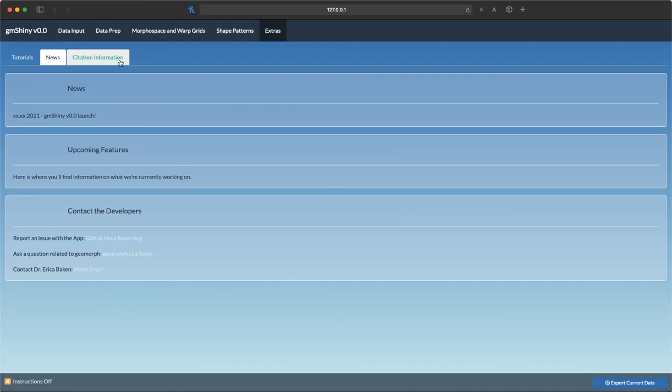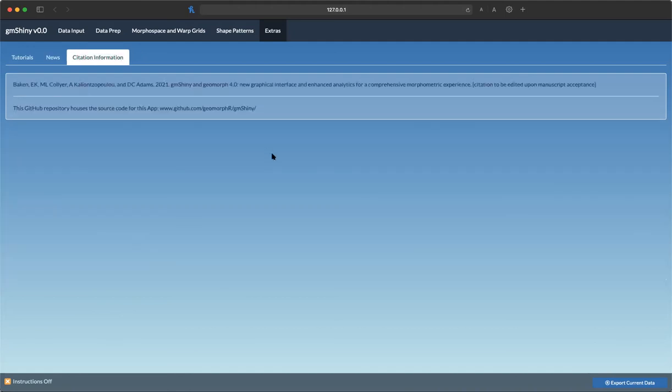The last tab on this extras page gives you information on how to cite the app in geomorph 4.0, and it directs you to the GitHub repository that houses all the source code and relevant files for